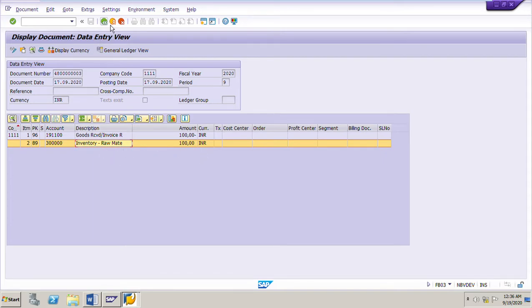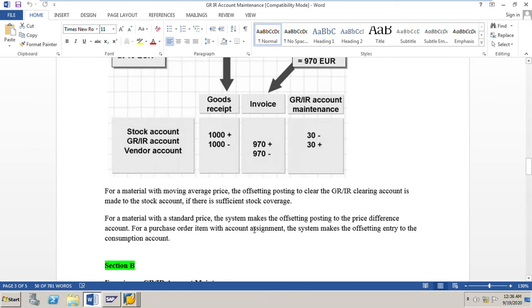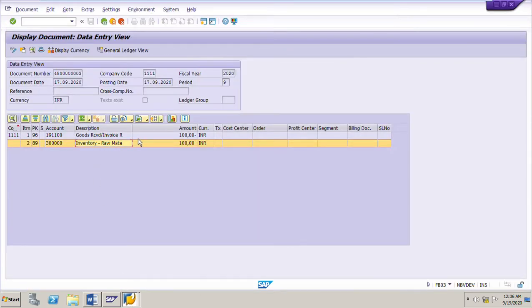Suppose a material is valuated with standard price, then the system makes the offsetting posting to the price difference account instead of the material account. Here, the offsetting entry is made to the material account because this material is valued at moving average price.